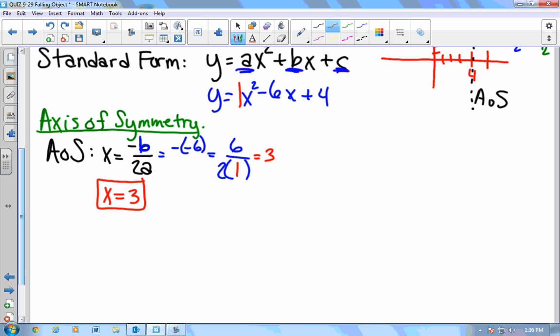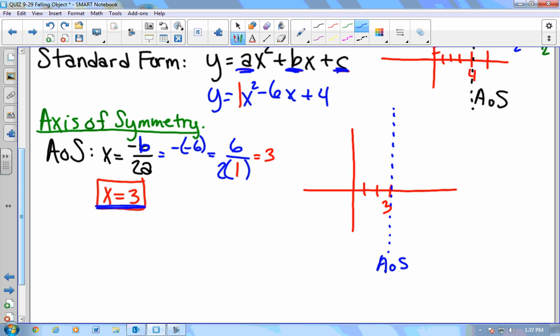X equals 3. Which means on the graph, 1, 2, 3, our vertex is going to be somewhere along that dotted line, and that's the fold line for the quadratic. We can find the vertex by plugging in the x. To find the vertex,